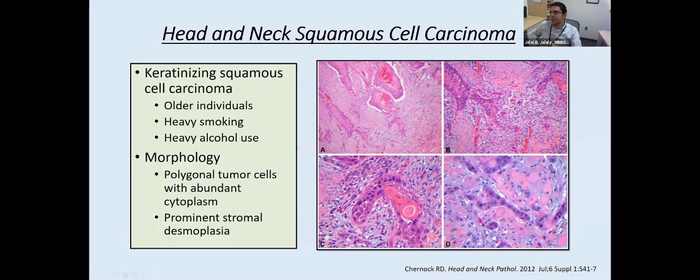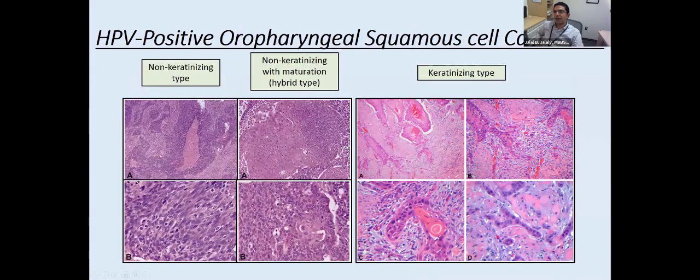On the other hand, the HPV-related squamous cell carcinoma, which most frequently affects the oropharynx, appears different. It's usually of the non-keratinizing type, and you can see here that these tumors frequently have abundant mitotic activity and apoptotic debris. They frequently have areas of necrosis, and usually they don't have really nice distinct cell borders, as you can see here in the keratinizing type. They usually have a syncytial growth, and the cells have a spindly or oval shape-like appearance, unlike the typical keratinizing squamous cell carcinoma.